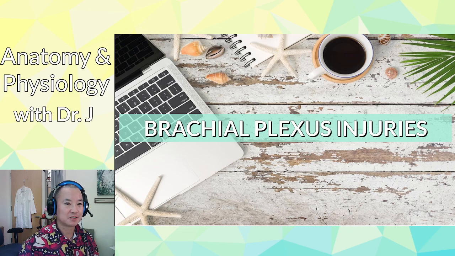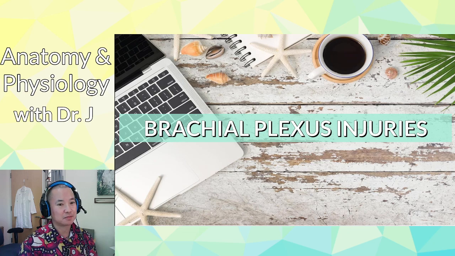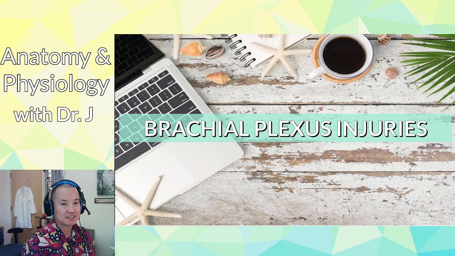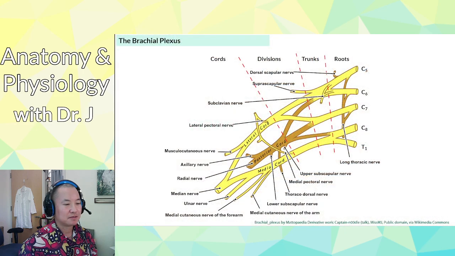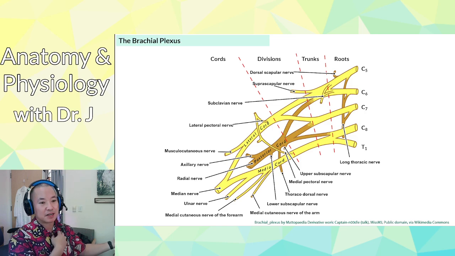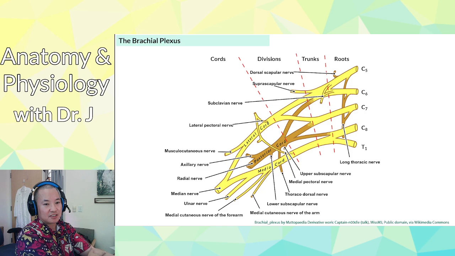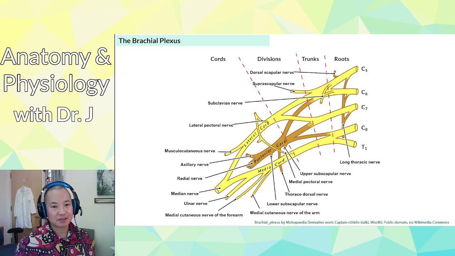Hello everyone. So in this lecture we are going to talk about brachial plexus injuries. Now, if you don't know what the brachial plexus is, I suggest you go to a previous lecture where I cover it. But in summary, what is the brachial plexus? Well, it's basically this whole network of nerves you have going to and from your spinal cord and along your arms down here. Now, some of it can go elsewhere, but for now, we're just going to talk about the